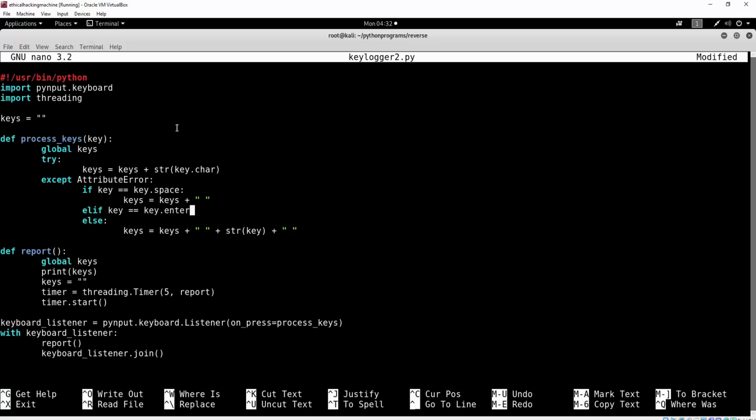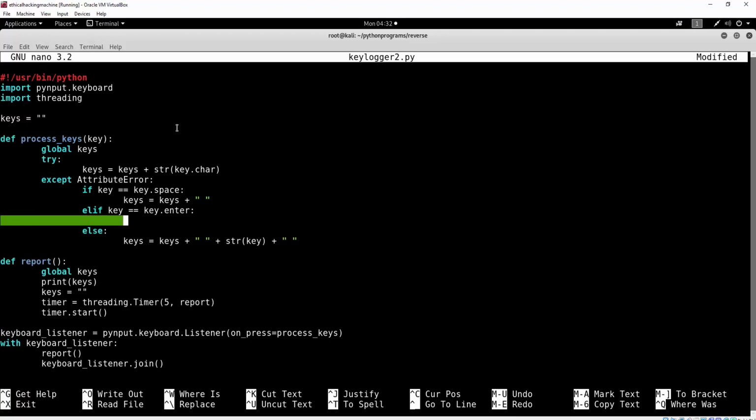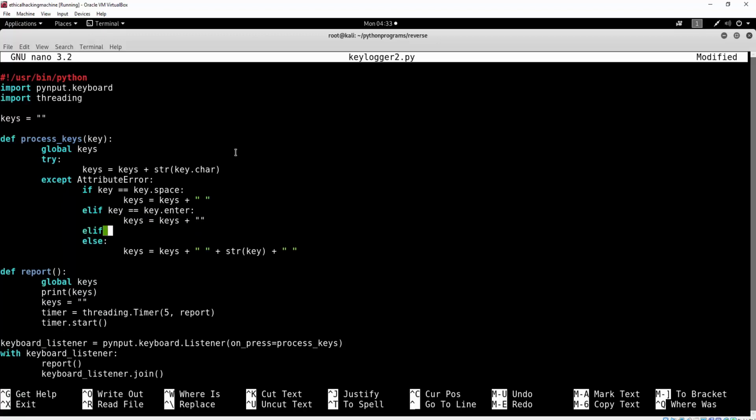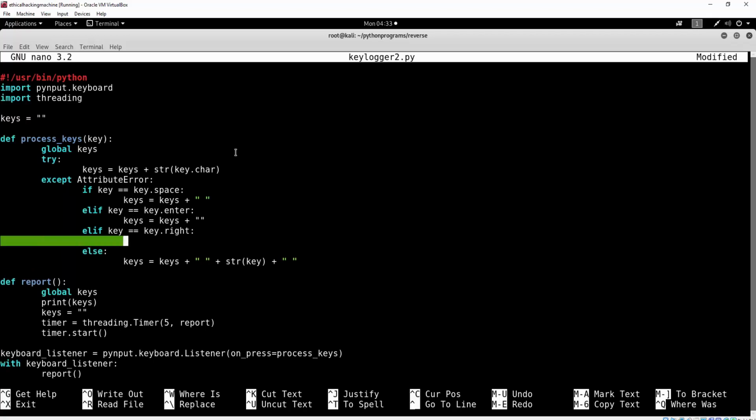For example, since enter is something that people press a lot, we want to add nothing to the keys actually. So what we want to actually do is type here keys equals keys plus nothing. So same thing that we did in the previous video, I believe we specified something like that. So right now keys equal keys plus nothing. We don't specify any space right here, we just leave it like this. Then we run another elif statement for example, key equals key dot right, which is for the right arrow on our keyboard. So what we want to do right now, we want to add keys,